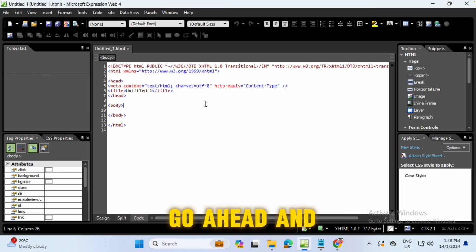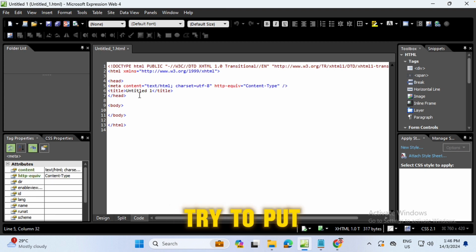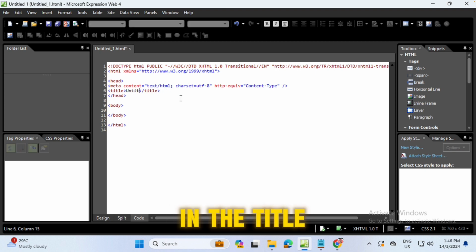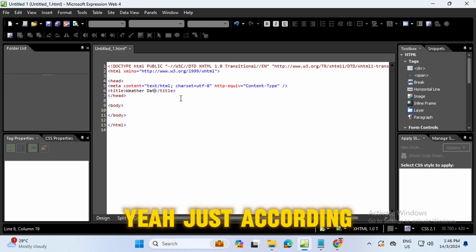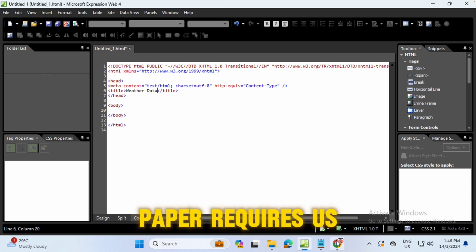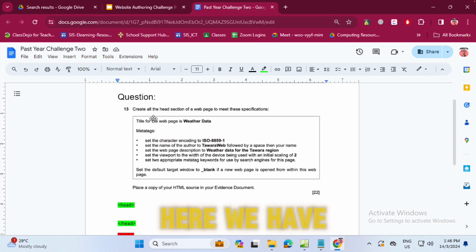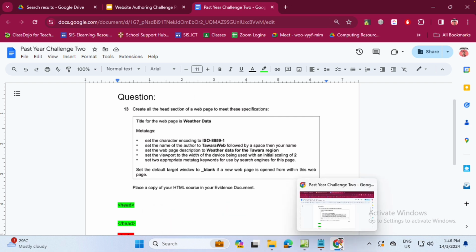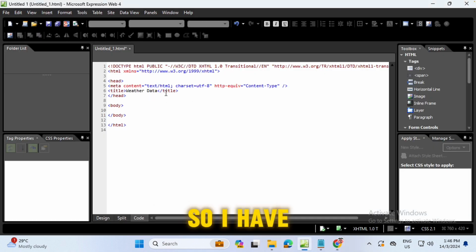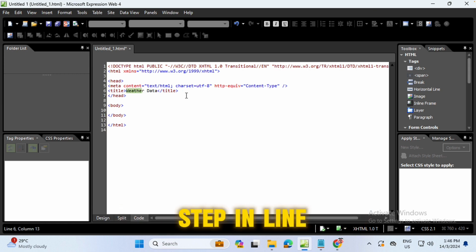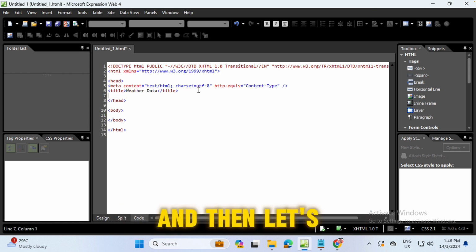So we can go ahead and put in the title and replace this with weather data, just according to what the question paper requires us to do. Here we have the title tags and we have weather data right over here, and we label this as title weather data. So I have done that particular step in line 6, and then let's move on to